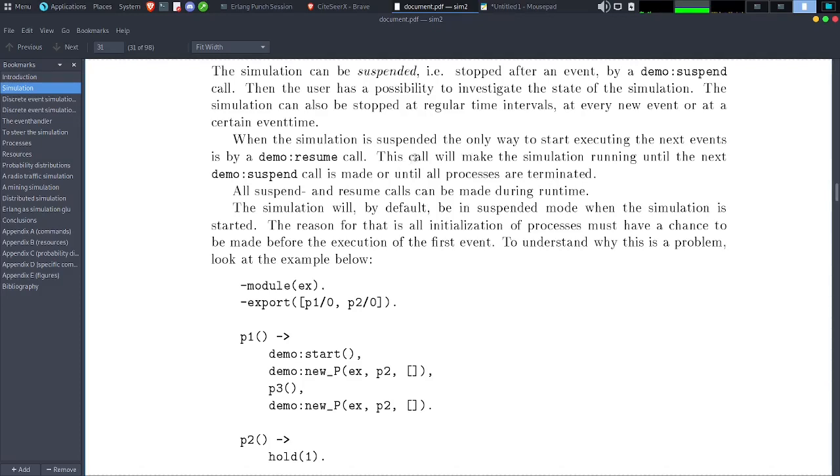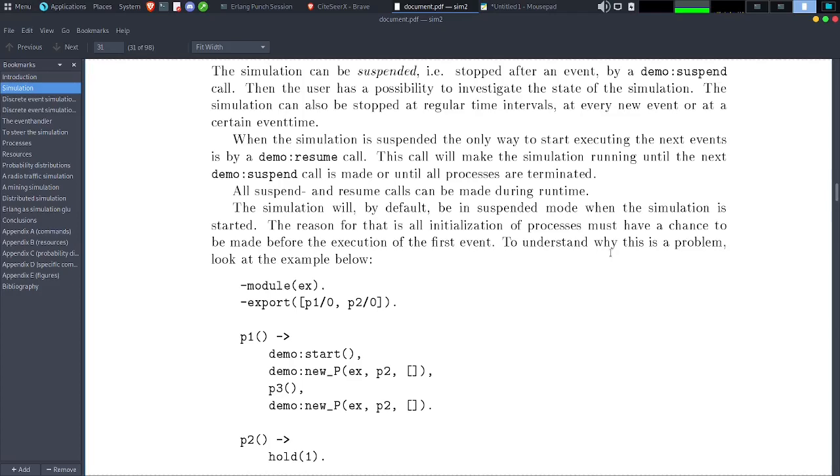This call will make the simulation run until the next demo suspend call is made or until all processes are terminated. All suspend and resume calls can be made during runtime. The simulation will by default be in suspended mode when the simulation is started. The reason for that is all initialization of processes must have a chance to be made before the execution of the first event.